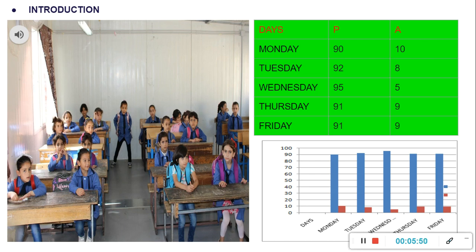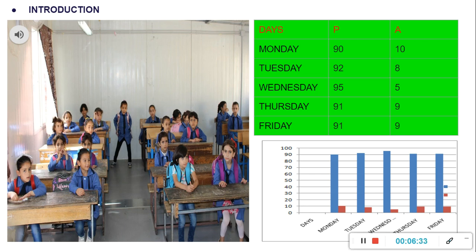Now, in this lesson, data handling, we are not going to talk only about graphs. We are going to talk about various techniques that are used to handle data. Because when we talk about data here, what is data? Here on this screen, the numbers 90, 92, 95, 91, these are nothing but our data, isn't it? Now when you have a huge amount of data, managing the data in a proper manner is very important. Otherwise, what will happen? You might lose data, and data is important. That is why we want to manage it, isn't it?